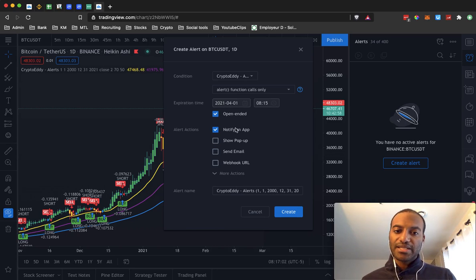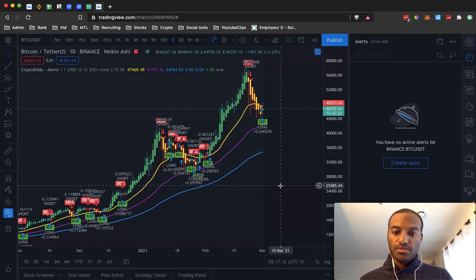And that's basically it. For you, maybe you'll have to put on an expiration time. Make sure that you put this as far as possible, because you don't want to come back every 1 week to extend this expiration time. No, you want it to be like a month or maybe 2 months if you can, depending on your plan on TradingView. Okay, and that's it. You create it, continue,